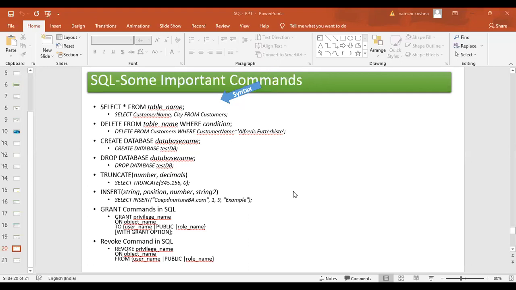Ma'am, I have one more, the last question. I got this point, but as I'm working as a BA, I don't use SQL. Suppose my client wants me to give them the data for some particular requirement. How can I give that through API?